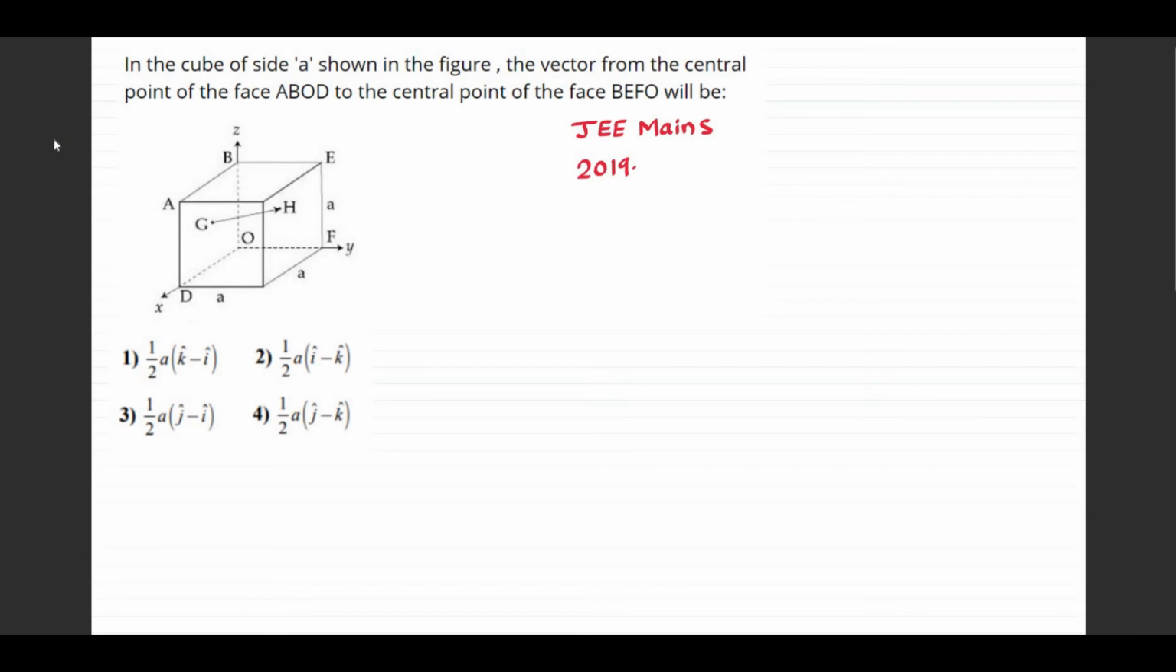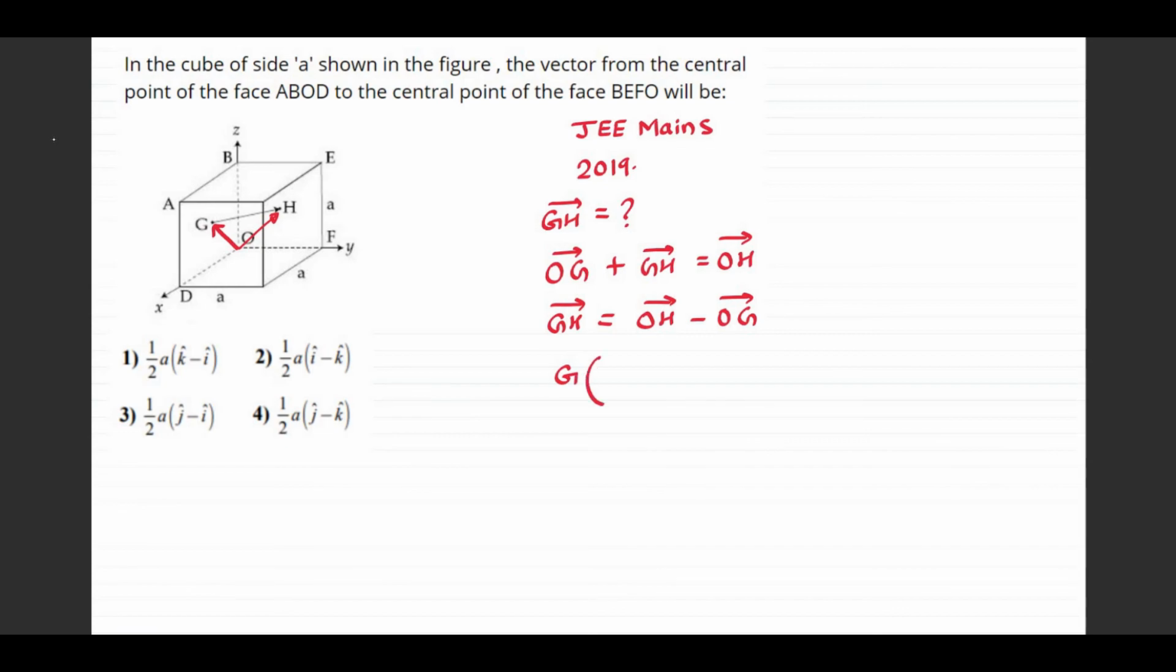Now this question is from JEE Mains 2019. So we have to find the vector GH vector, correct? We have to find what is GH vector. This is what the question is asking us. I'm saying let me draw two vectors. Can I say OG vector plus GH vector is equal to OH vector, and GH vector is OH vector minus OG vector. Now if I write coordinates of G, it will be a by